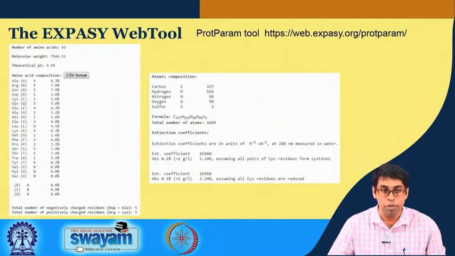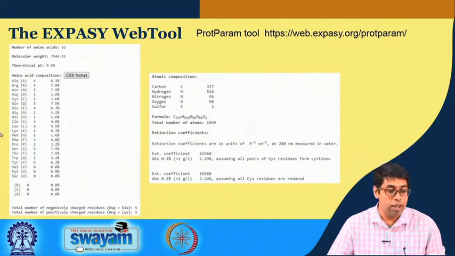So, the rule of thumb is good to quickly estimate the molecular weight of a protein, but you should always put the sequence in a program like this and get the actual molecular weight. It also gives you the theoretical pI of this protein. You see the theoretical pI is very high, it is almost 9.6.